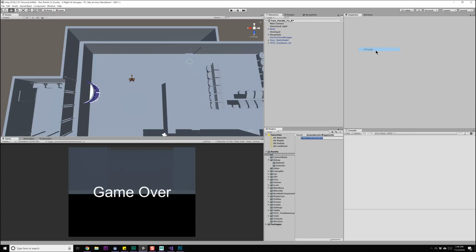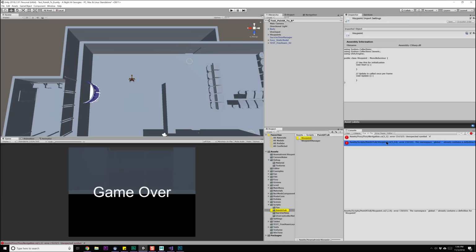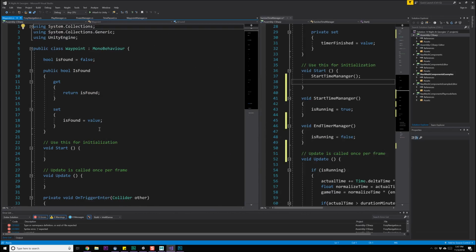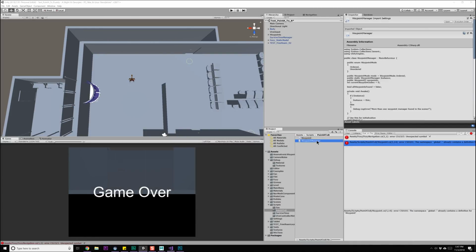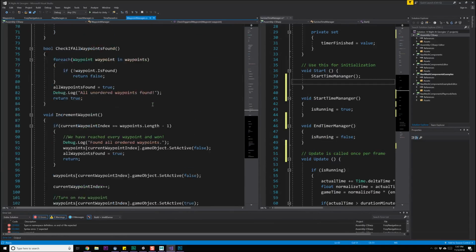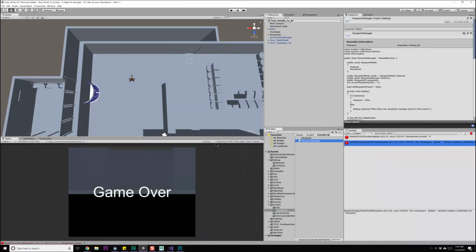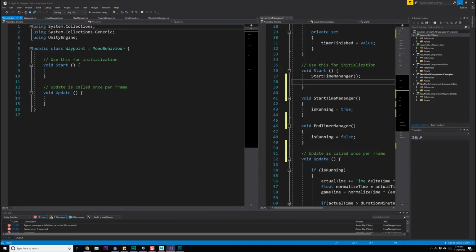Create a new C# script, call this a waypoint, I suppose. It already contains a definition for, oh, so that's our old point A to point B. Let me take a look at that, maybe we can use that. So here's our old waypoint system, is found, start, trigger, check triggered waypoint. And let's see our waypoint manager. Oh, I'm sorry, these are the waypoints for the player, that's right, okay. Confused, point A to B, survive time. This should really be under a folder called like game winning modes or something. I'm gonna forget. But anyway, let's go back to Animatronic Waypoint and rename this